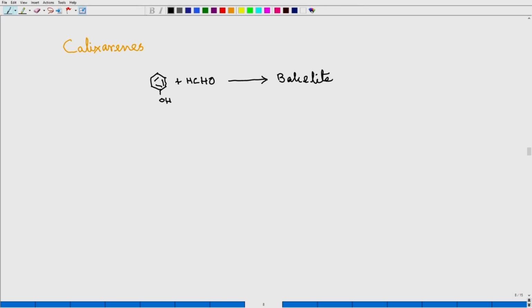This was discovered in around 1870, long time ago. It took almost a century for people who were interested to try para-substituted phenols, specifically tertiary butyl substituted phenols, reacted with formaldehyde,